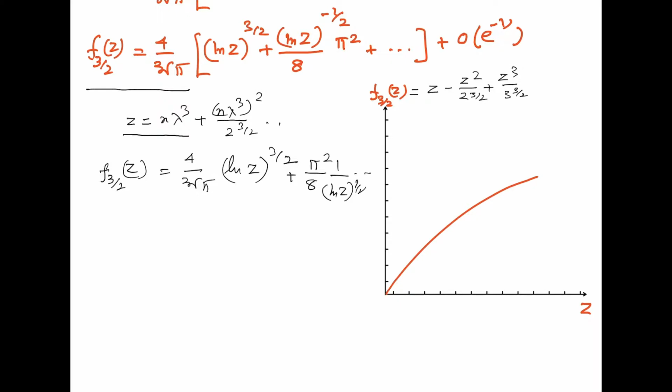So when we take f3/2(z) equal to z and z equal to n lambda cube, we write from here n lambda cube equal to 4 by 3 root pi, under bracket, log z to the power 3/2 plus, now this term can be written as 4 by 3 root pi,